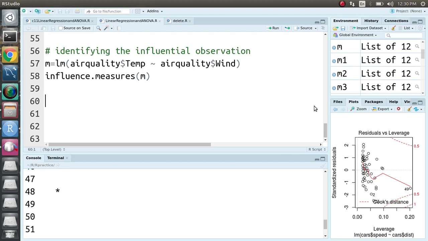So far in the previous video, we discussed how to identify the influential observation and remove it from your model. Now in this section, I will discuss how to get the autocorrelation of residuals using the Durbin-Watson model. The Durbin-Watson test is a very efficient method in machine learning and data science to check your residuals